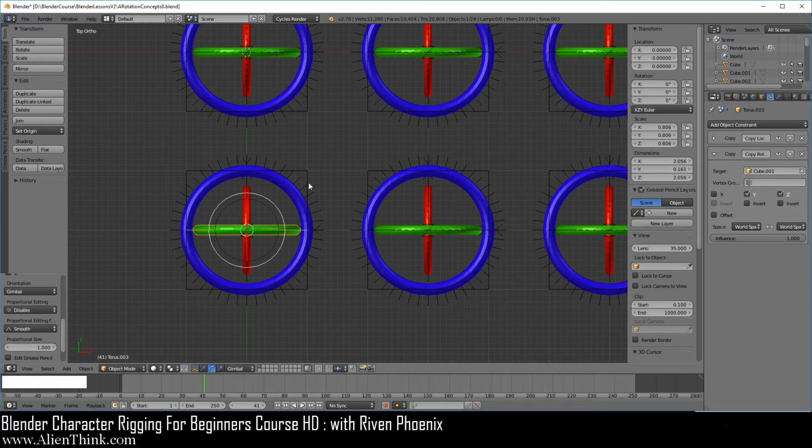Okay, so now if the configuration for this is XZY, we already know that the X is going to be local, right? So we know that this is correct, XZY. And now the Y is global. So here we're going to uncheck this.